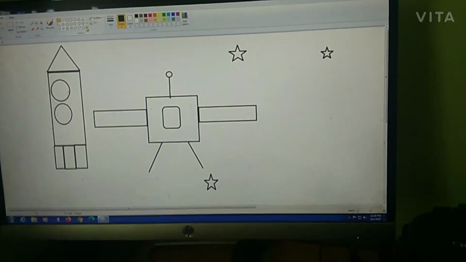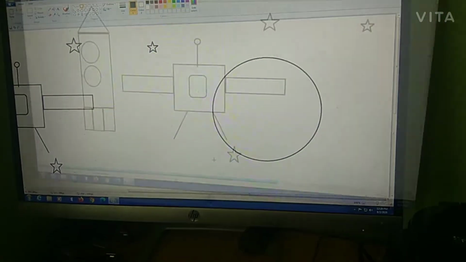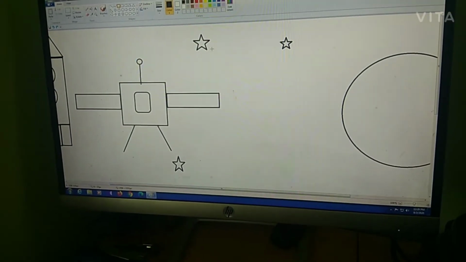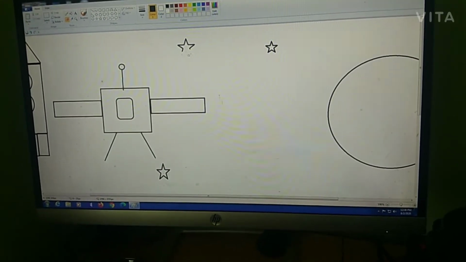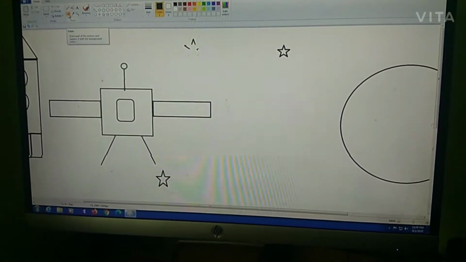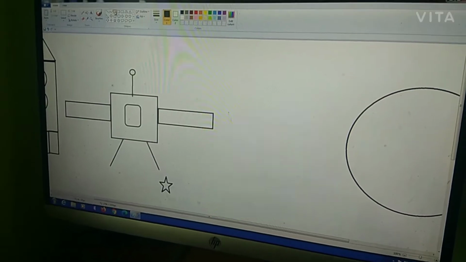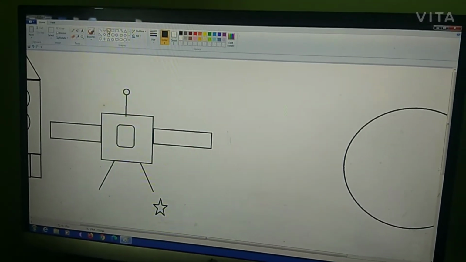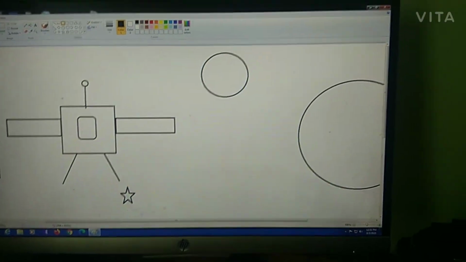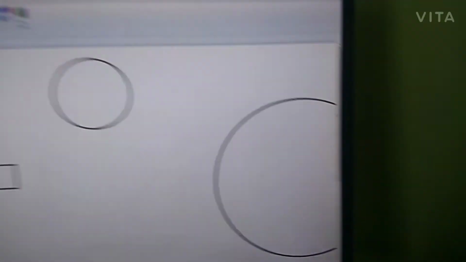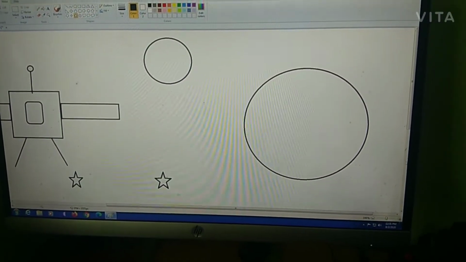And if you want to make the sun, you can make it over here. So I'm going to make the sun over here as a large circle. I can also make the moon by removing these 2 stars and placing 2 stars over here. So I am removing these two stars with the eraser tool. Then we need oval again, like this. This is the sun and the moon. I will place the two stars down here.